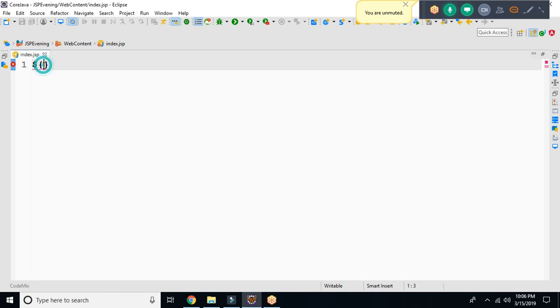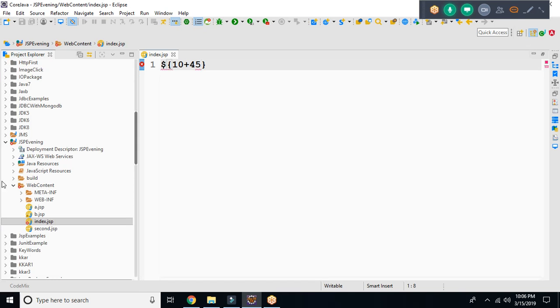Only expression constants you can mention over here. Let's say 10 plus 45, something like this. I'll specify, and if I run this program,